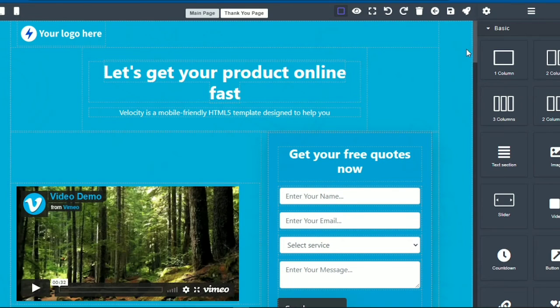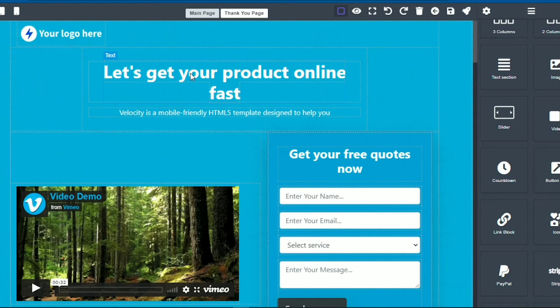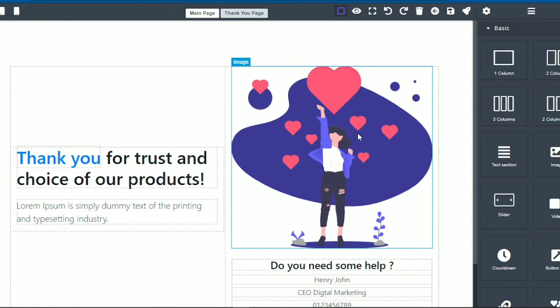So you can see here you can edit it, adding the basic editing. You can add images, videos, sliders, countdown, however you like your landing pages to look. You can do the necessary changes to it. Then you can create a thank you page as well, according to your necessity. Then there are these options. You can check save, you can go back, you can delete, you can undo, you can redo,